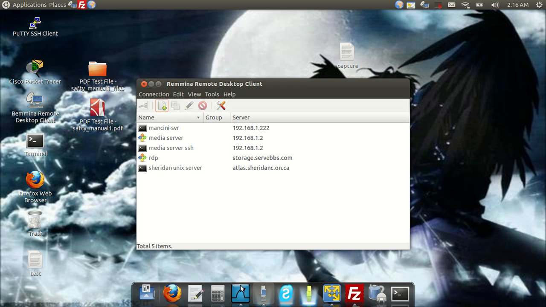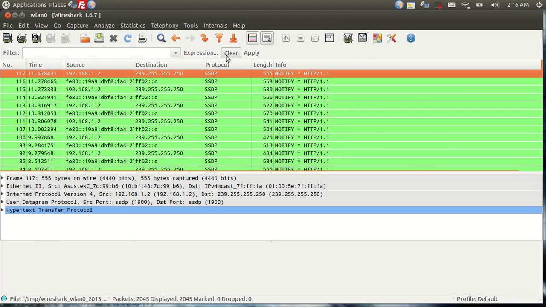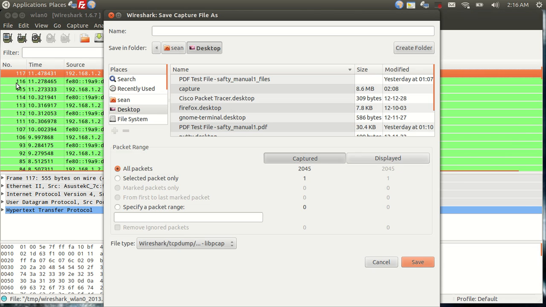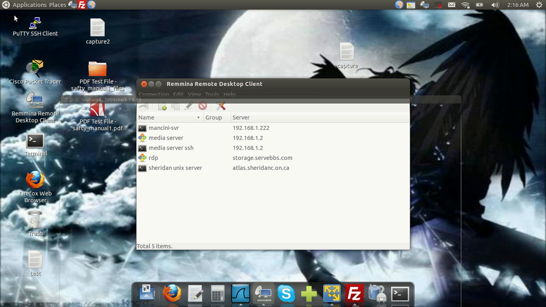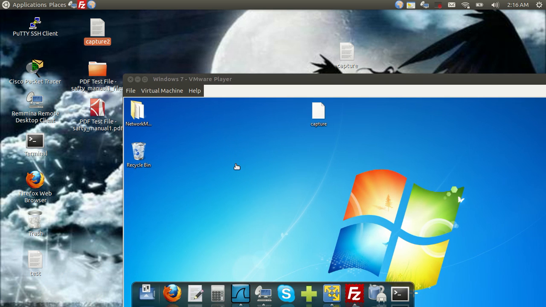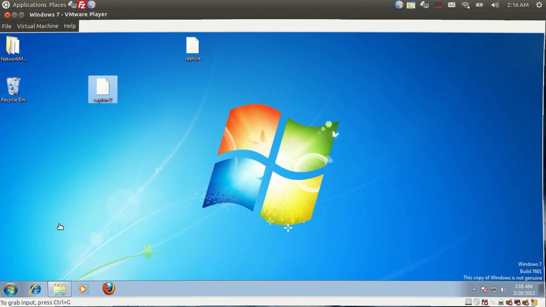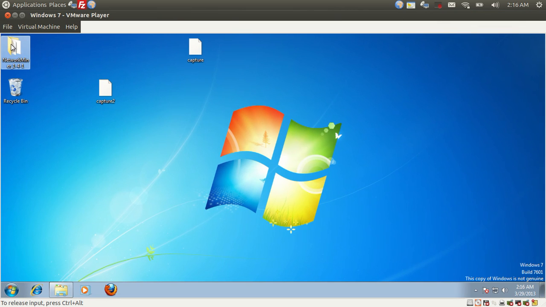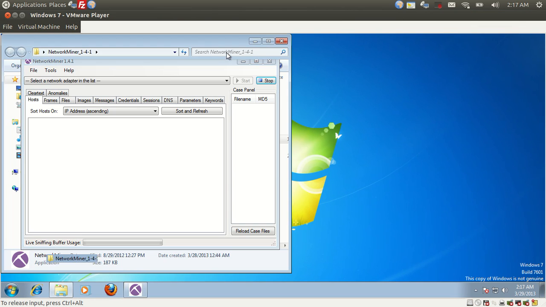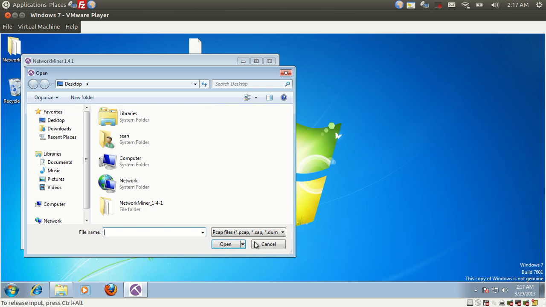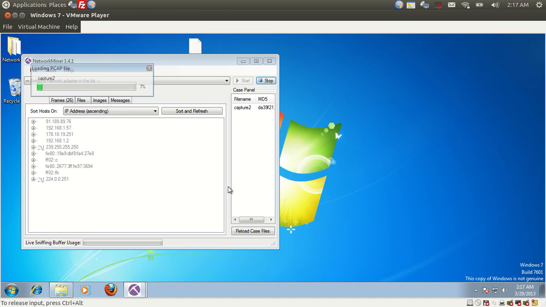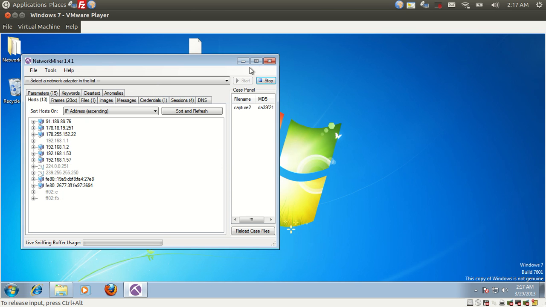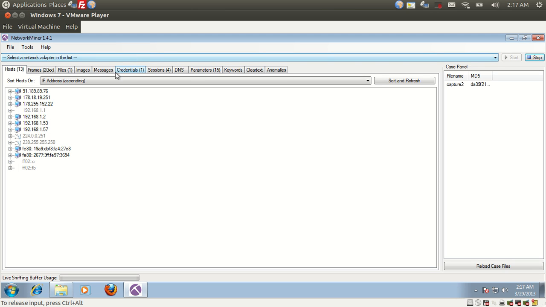So what we're going to do is go ahead and save this info, and we're going to analyze it in Network Miner. So we're going to do save capture 2. And let's move that over to the Windows machine. And we're going to open up the capture. Alright, so